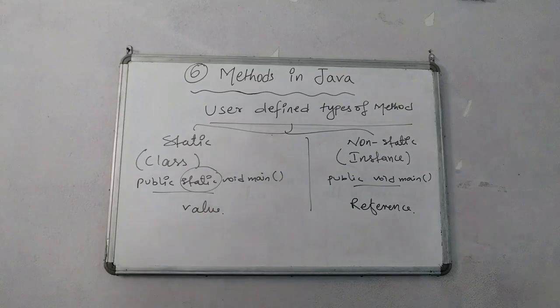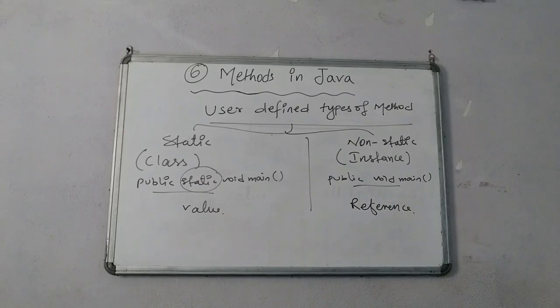Okay, children. So when we use a static method, that is a class method, the compiler directly knows it, and with the help of value it will be compiled and finally we get the output. But if you use a non-static, that means an instance method, the compiler will not know that. So with value it cannot call. When you compile, first of all it needs a reference, that is an object. It will create an object or instance, then only the particular part will be compiled and output will be generated.